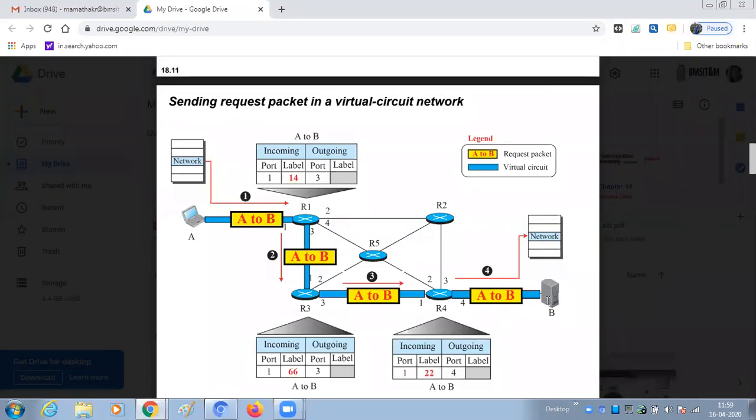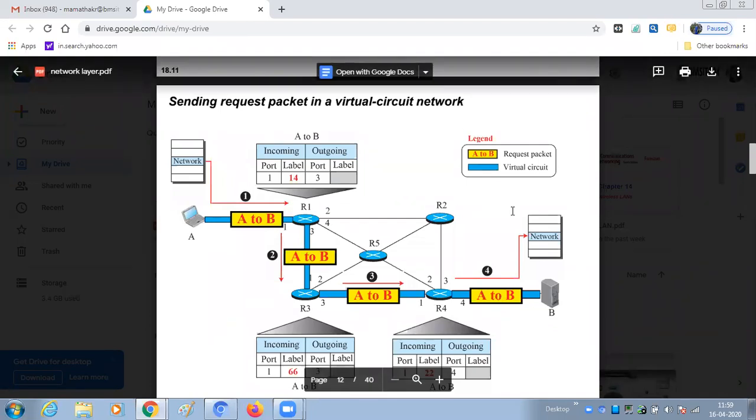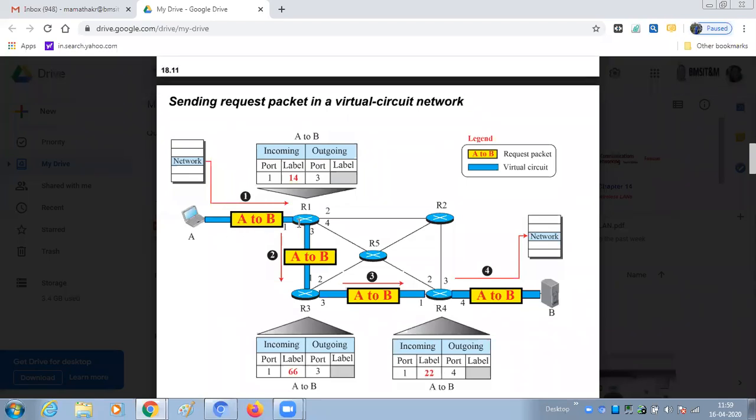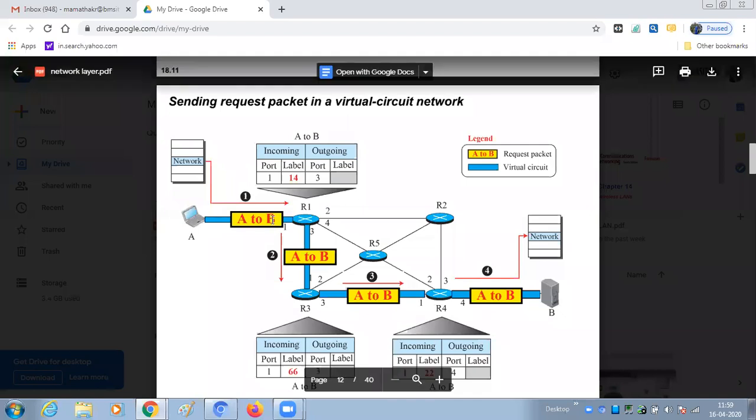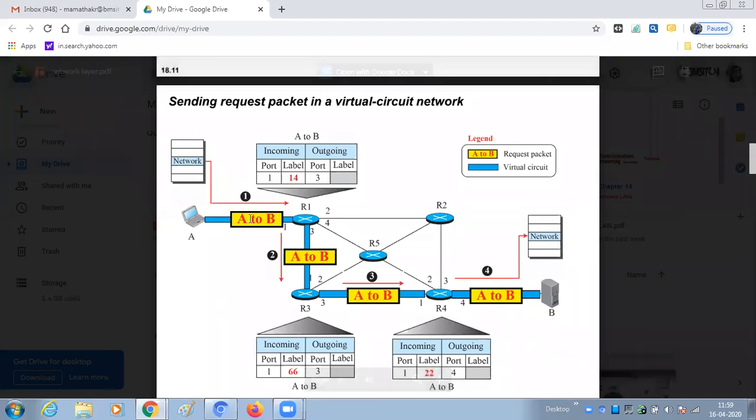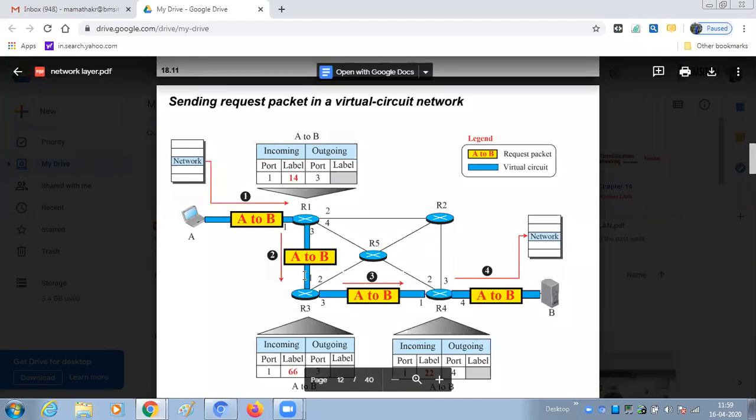To understand this, the process will first send a request packet. And whenever the packet is going, each virtual path from this station to this station, the router is also one of the stations only. So between these two there will be some label. This label here is 14, and in this case it is 66.